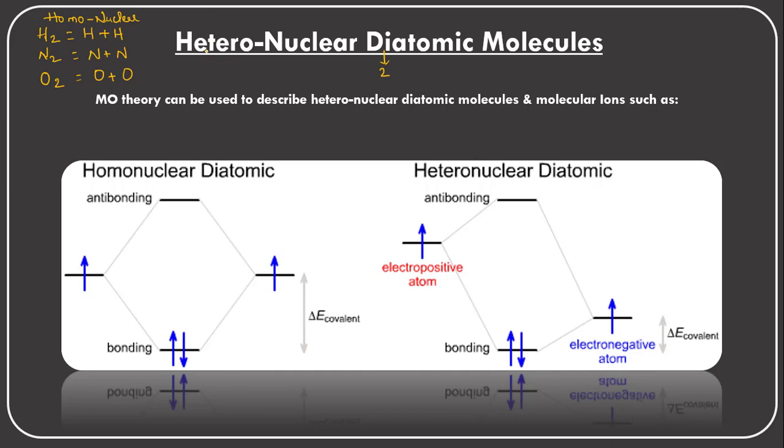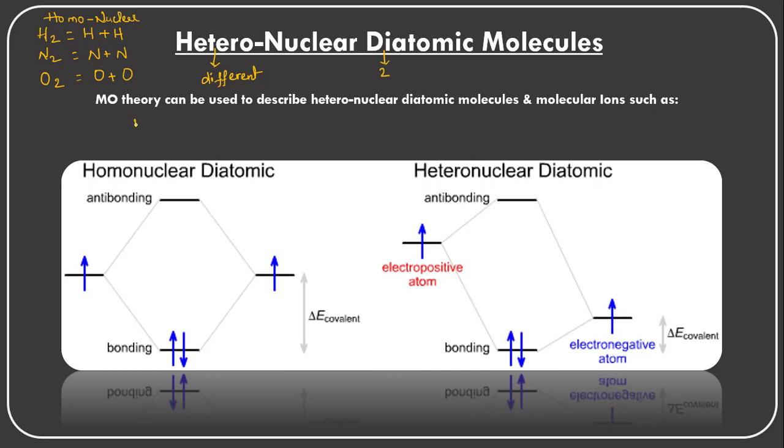And here, hetero means different. A molecule formed by the combination of different nuclei of two atoms belonging to different elements is called a heteronuclear diatomic molecule,